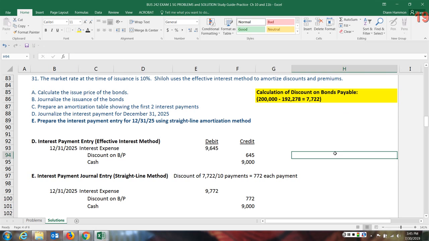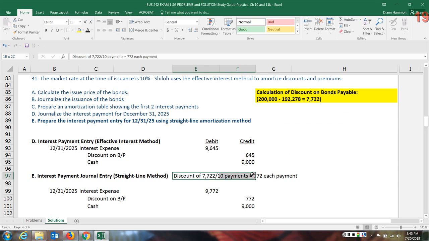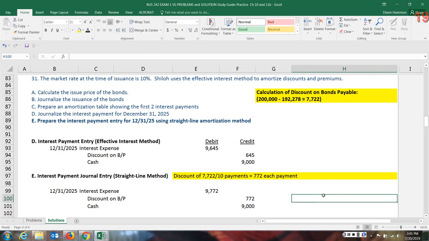There is going to be 10 total payments, 5 years, twice per year. So we can take that amount, divide it by the 10 payments, and that means we'll be allocating $772 each payment period. So every 6 months when an interest payment is sent, this amount of $772 will be added on to the interest expense, and it will be applied to the discount on the bond